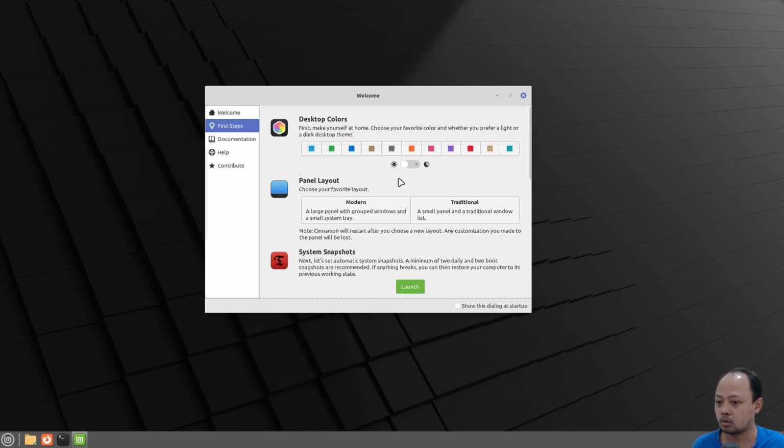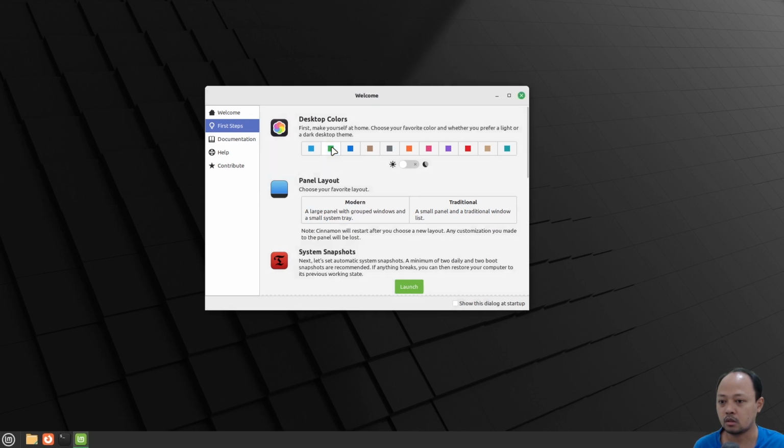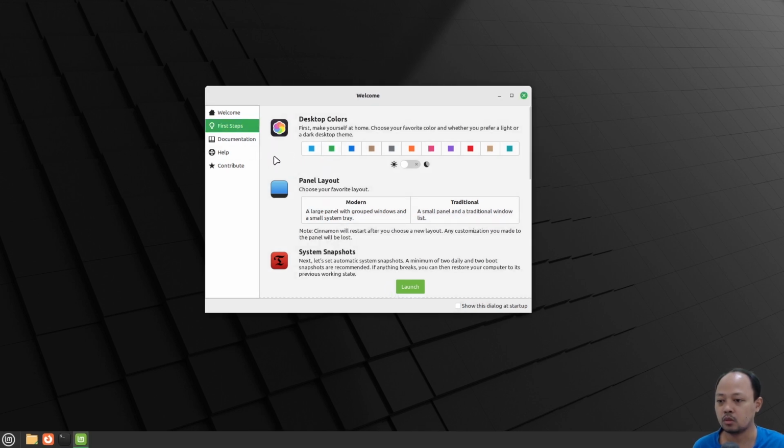We can change also the desktop color from here. For example, I will use the green color. What it is called, I don't know. I'm not sure about the name. I think this desktop color setting will change the button that is active.